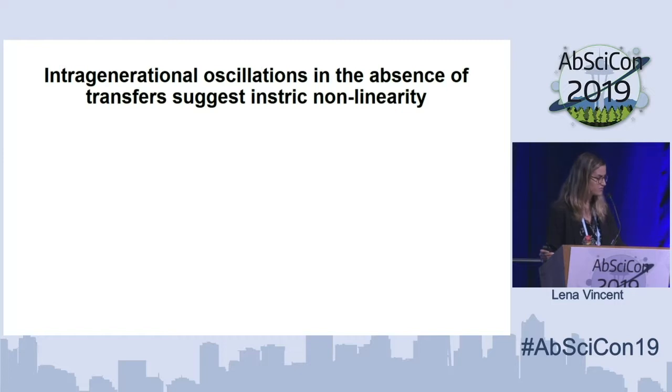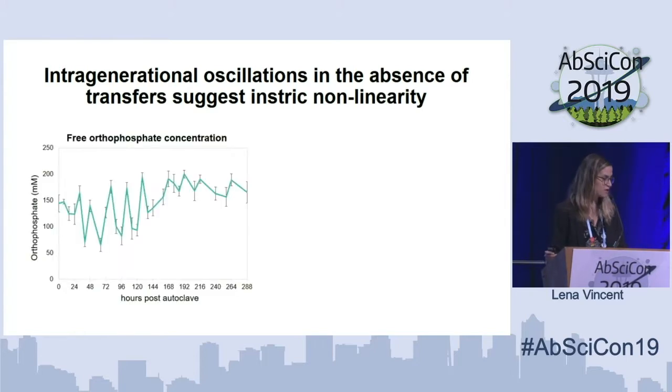But I want to get at the source of this nonlinearity a little bit more specifically. And so what we did for that is we looked at what happened intragenerationally. So what happens when you set up your miliary soup with your pyrite, you autoclave it, and then you track how these different proxy traits change over time. And what we saw in the phosphate, at least, is again a really pronounced oscillatory pattern that looks to be damped. And notably, it also looks like there's a lot of potential for nonlinearity even after our typical transfer period, which is 2 days. I don't know if I mentioned that yet.